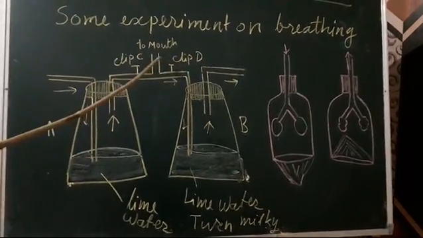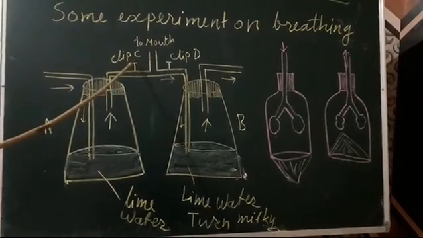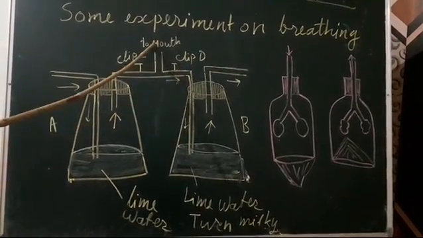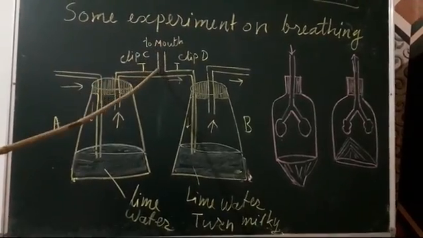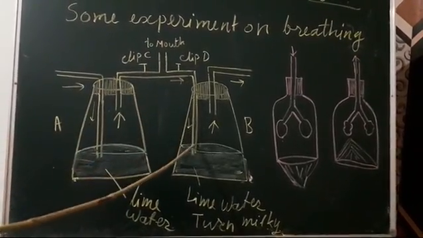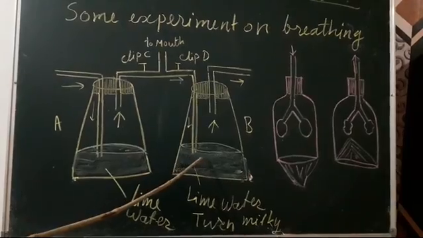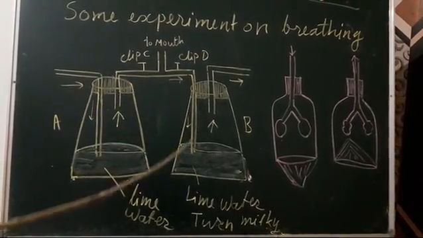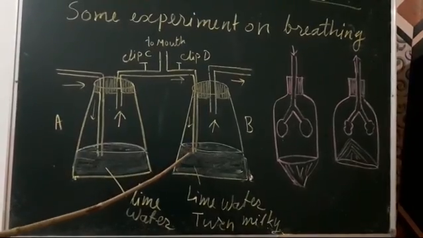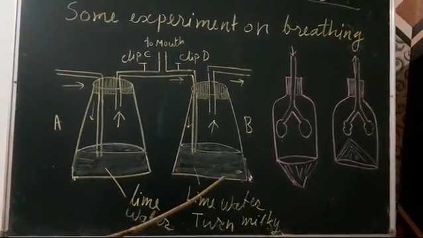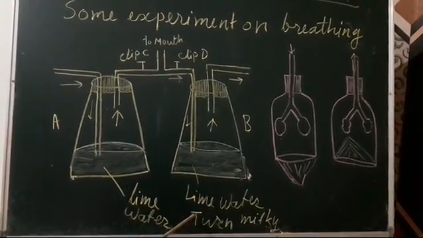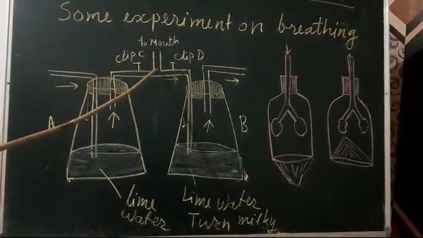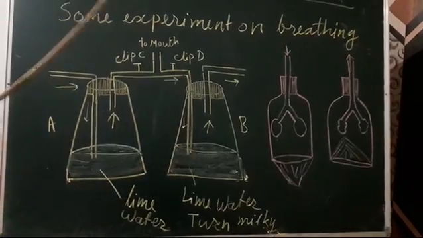Next, now clip C is closed and D is open. Now from the mouth, blow in the air, which will reach this conical flask, at least 10 times. If you repeat it, the lime water present here turns milky. This shows that breathing out gives more carbon dioxide than